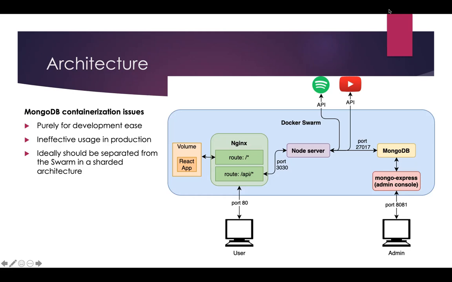Ideally, it would be in its own separate, sharded architecture and maintained there. But this was just done for development ease while developing, and it wasn't implemented due to time constraints. So I'd now like to give a bit of a demonstration about how this works in the